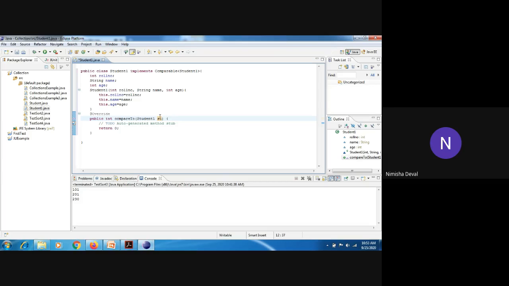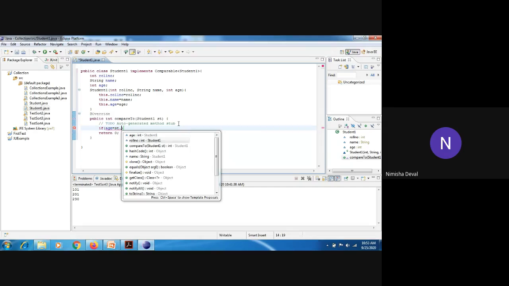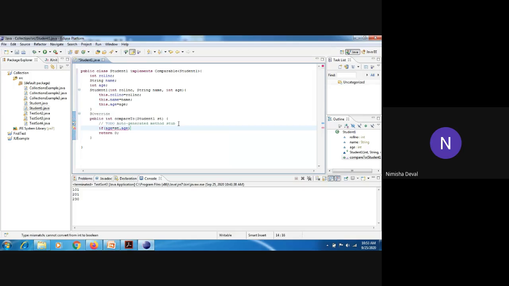Okay, let it be. I want to sort the age of a student. So first I will write here in the if method: age is equal to st dot age. Okay, here double equal to is there. If age is equal, then it will return you the 0. Else if I will give here some space, then else